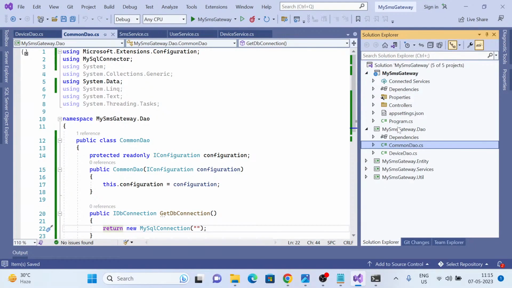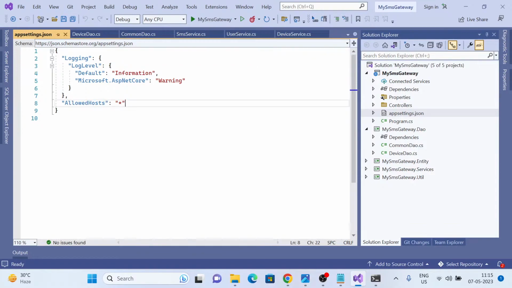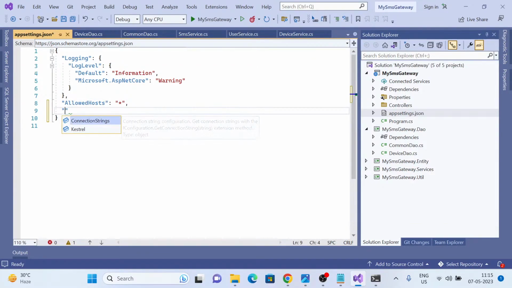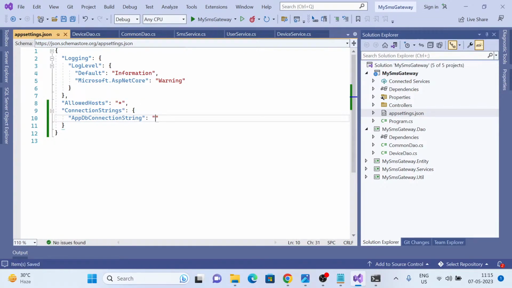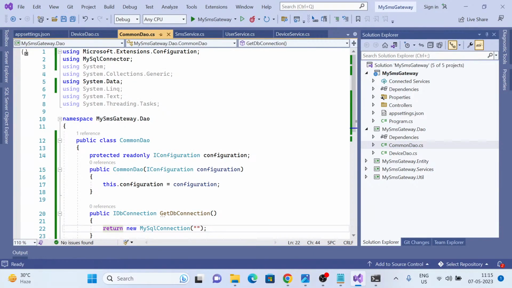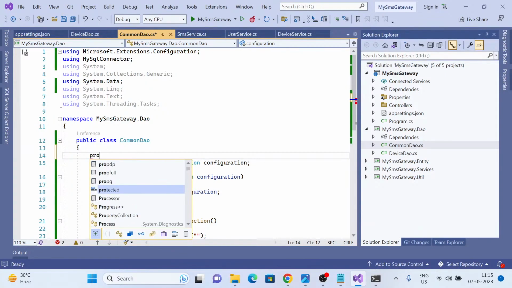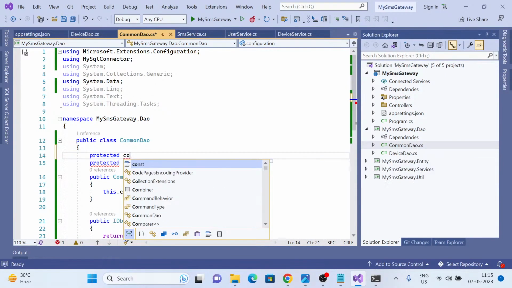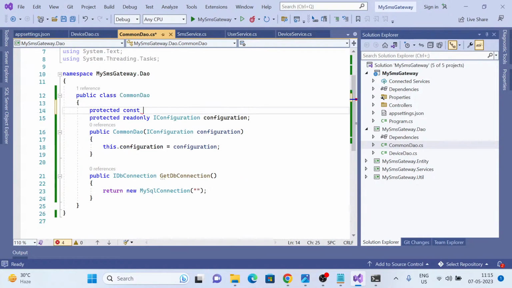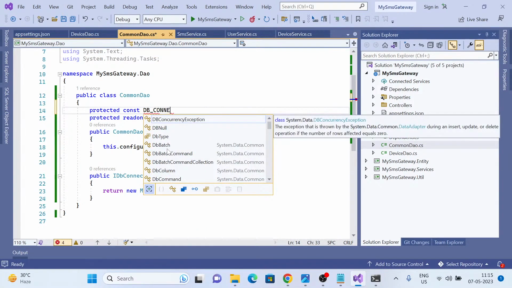So in our app setting we can expose a connection string with the help of connection strings, and we can write a key here. Let's suppose, let me call this appdb connection string. Okay, and this is the key for our db connection. So in common DAO I can declare a constant db connection